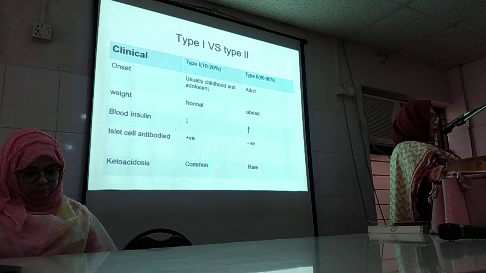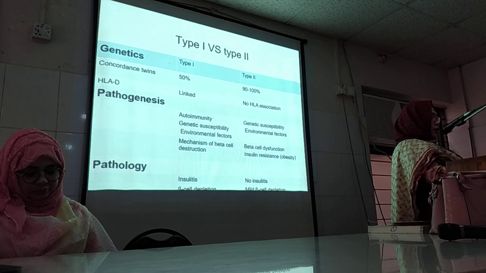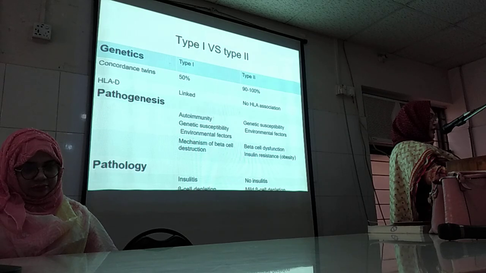Ketoacidosis common in type 1, rare in type 2. Concordance in twins 50% in type 1, 90 to 100% in type 2. HLA, human leukocyte antigen linked in type 1,